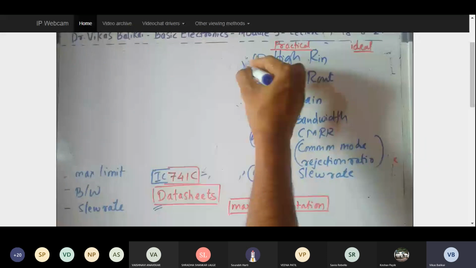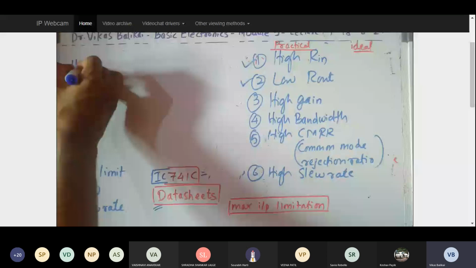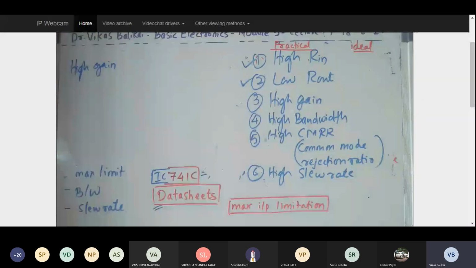Now let us try to understand the purpose of high gain. It has also been discussed in the last class why we should have high gain. For the mere reason that whatever input you give should be amplified with the maximum gain possible. So for the smallest of inputs, I should be able to obtain the maximum value out of it. That's where it serves the purpose of amplification. If my gain is low, it's of no use. Like I was talking about gain equal to 1: if gain is equal to 1, whatever input I give, the same output comes. With such a circuit I'm not going to have much application out of it.